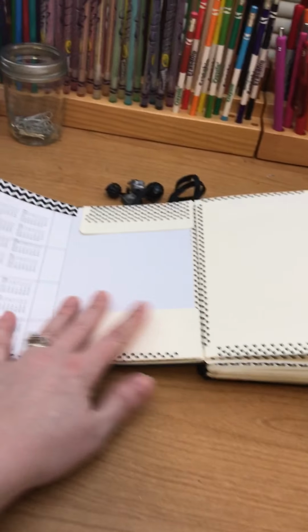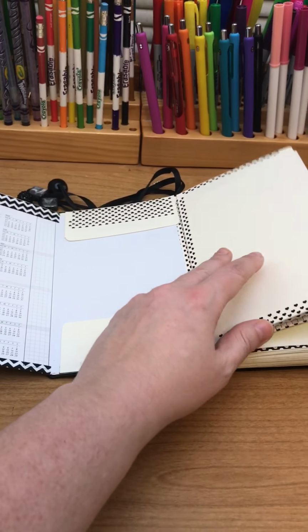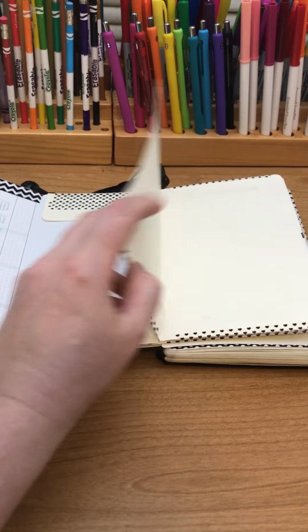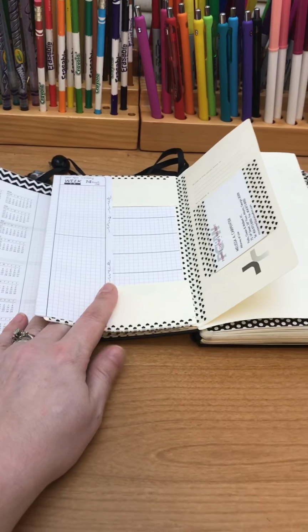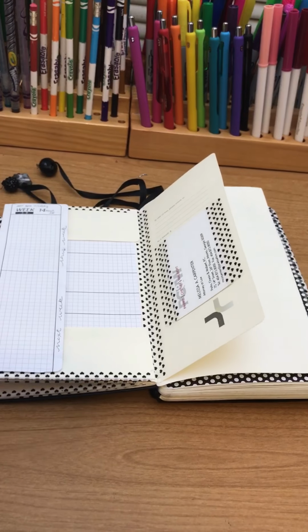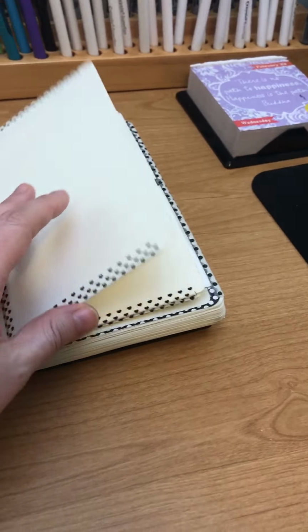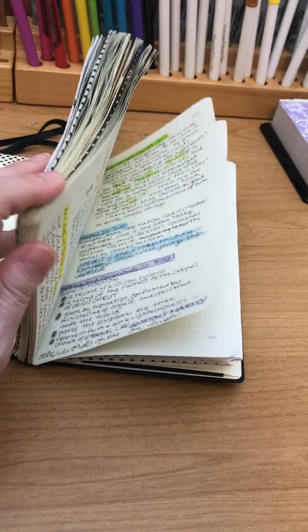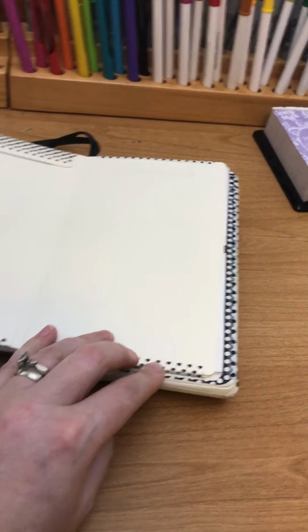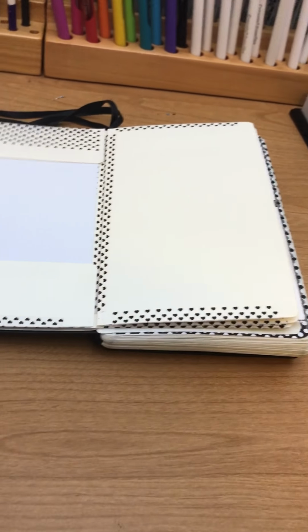Initially I was going to have a 3-year plan, a 1-year plan, my month, and then my weekly foldout. And it didn't quite work out that way. So what I did was I just took pieces of ivory colored cardstock, since that's kind of the color of the pages of this book, and I tried to glue them in, but that didn't work, so I just ended up